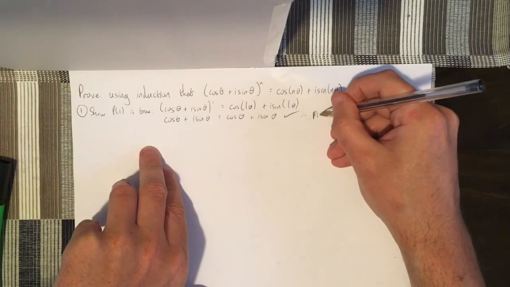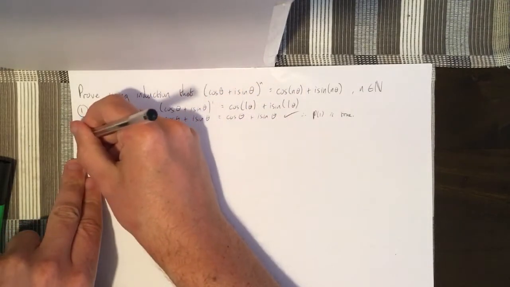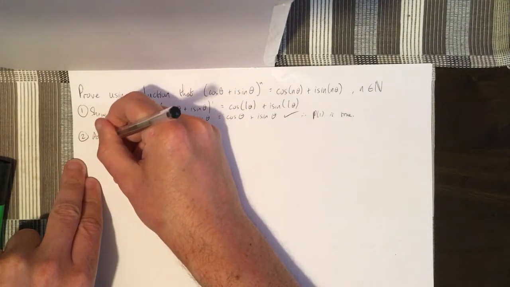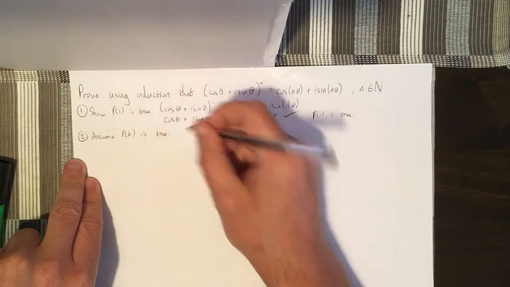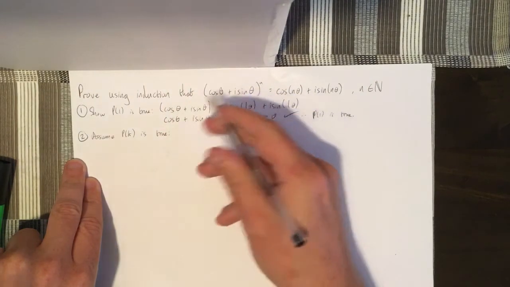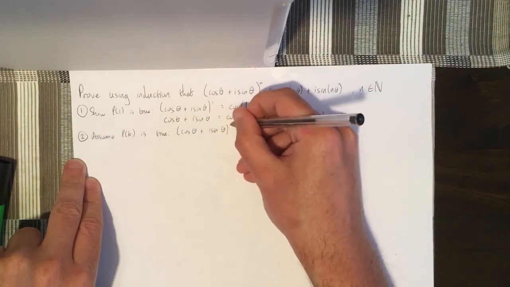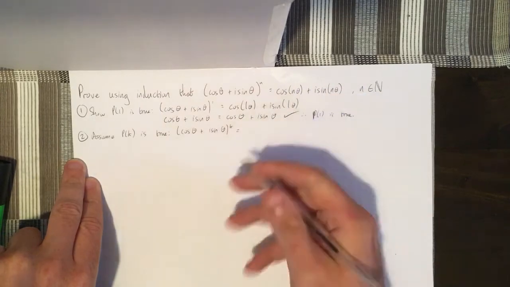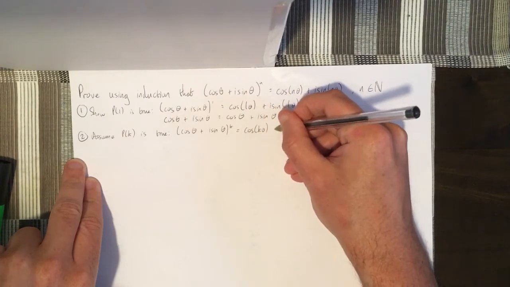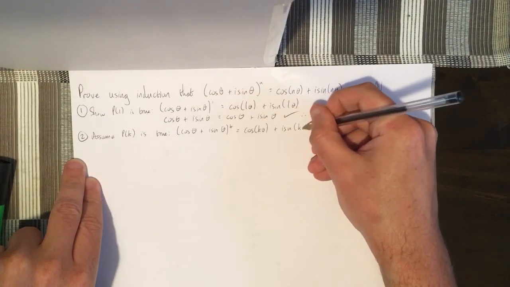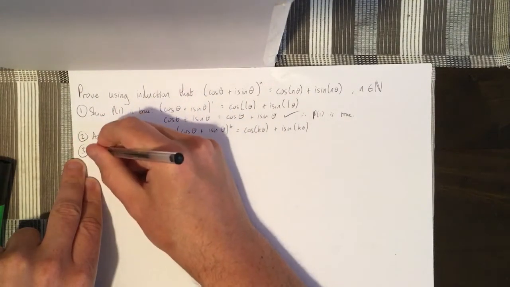Therefore, P1 is true. Step 2, as ever, is assume Pk is true. So that's cos theta plus i sine theta to the power of k is equal to, and subbing k in for n, cos k theta plus i sine k theta. Step 3 then is to prove